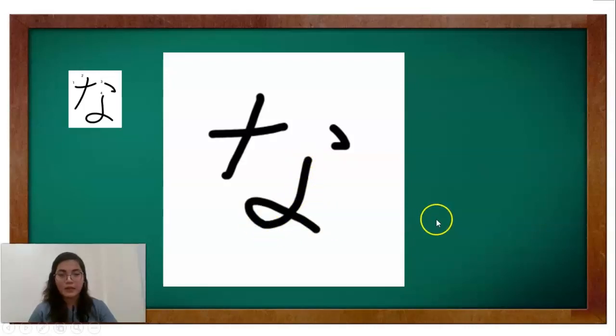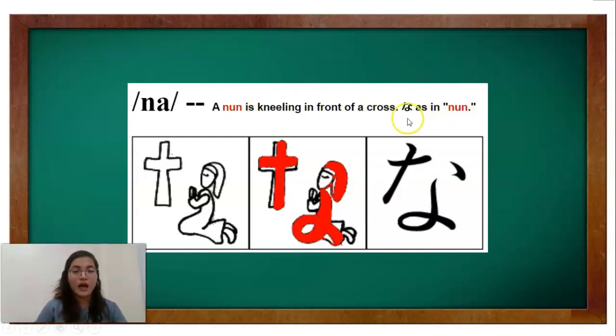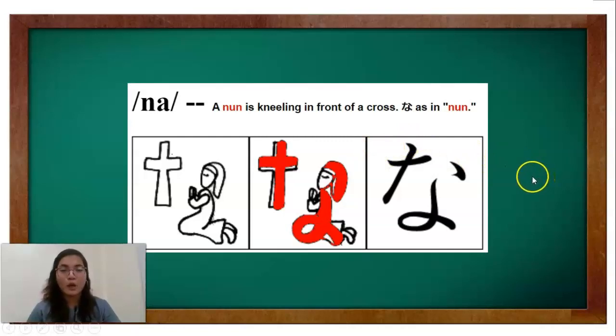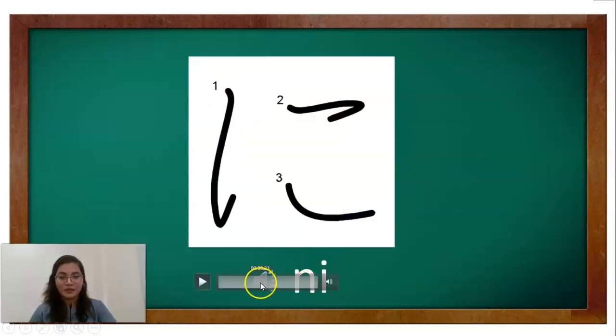Okay, and to remember this character, think of a nun kneeling in front of a cross. So na as in nun. Okay? So here's an example word that starts with na. Nasu. Nasu means eggplant. Okay, next up is